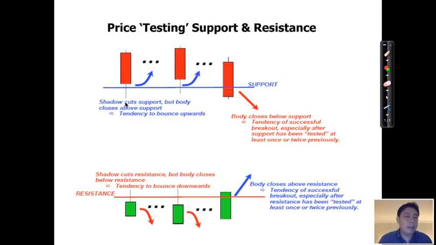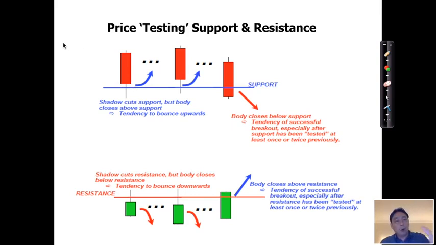Why? What does it mean? It means that the price opened here, right? And the price initially went below the support level, so it's like breaking below the support. But it could not remain below the support because buyers came in and pushed the price back above the support, right? Buyers saved the day, and the price eventually closed above the support. So that's a very bullish pattern. It tells you that the sellers were not able to keep it below the support. Buyers came in and brought it back above the support. So that's what we call a strong test.